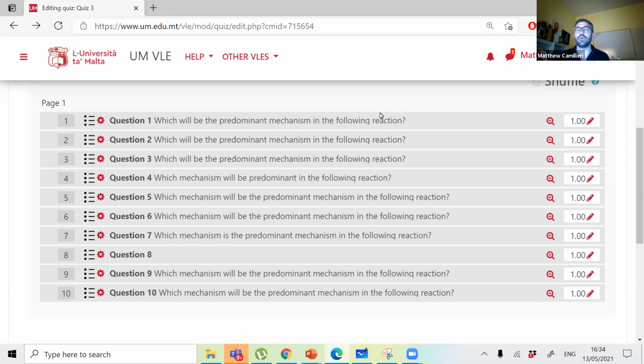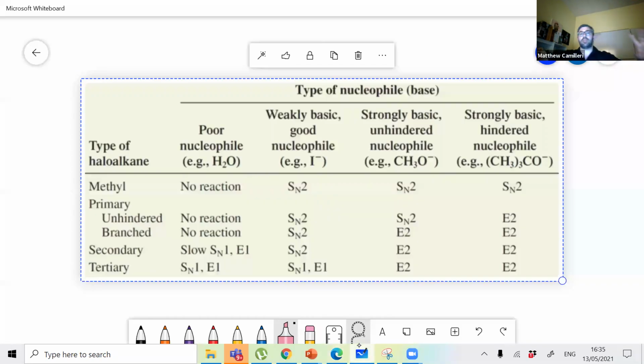Good afternoon. We're going to speak about the answers for the test. I'm doing this because quite a few students have asked me, why did this happen? And for me, the answer is this table. In this chapter, in SN1, SN2, E1, E2, if you want to choose which reaction will happen, you need to